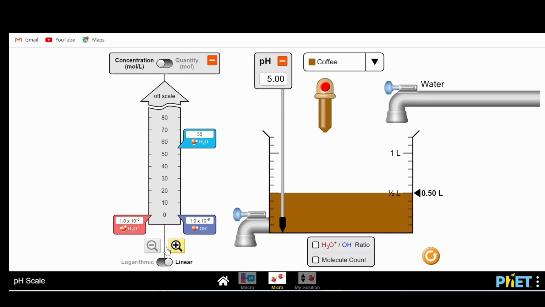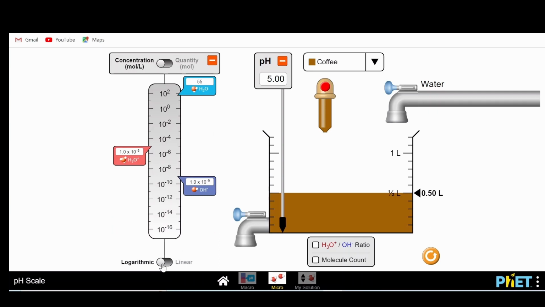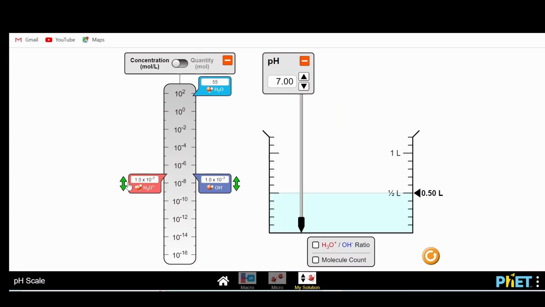Please note, like in the example of water that I showed you earlier, most solutions have both the hydrogen or hydronium ions and also the hydroxyl ions. So you can think of the pH scale as a tool that continuously compares the concentration of the hydrogen or hydronium ions to the concentration of the hydroxyl ions present in a solution,